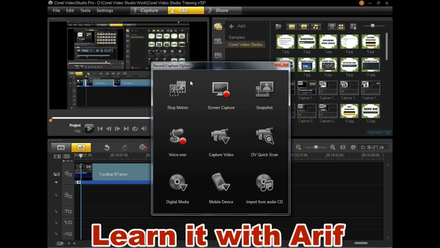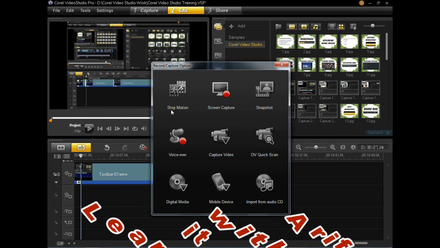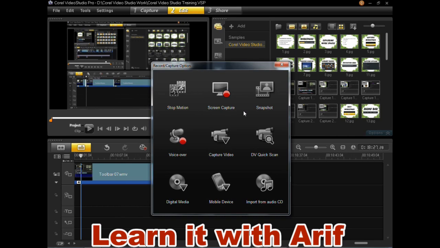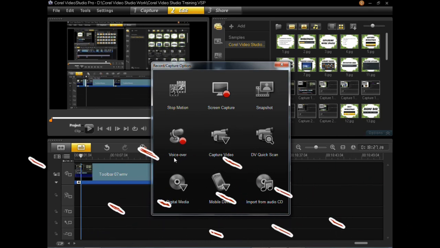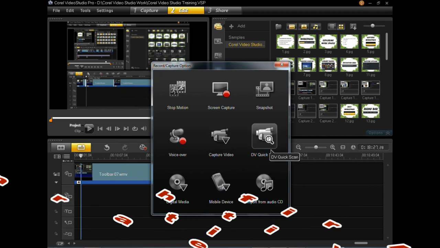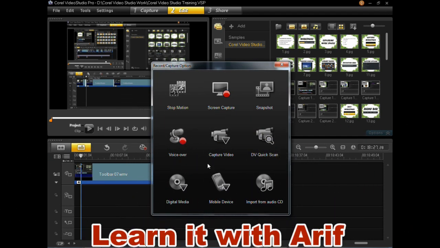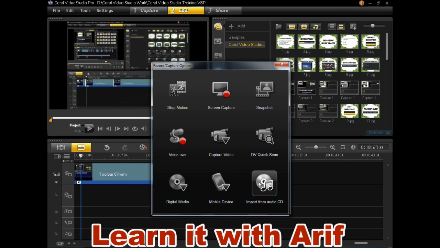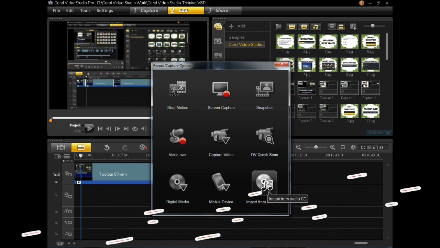Here are many commands including stop motion, screen capture, snapshot, voiceover, capture video, DV quick scan, digital media, mobile device, import from audio CD.